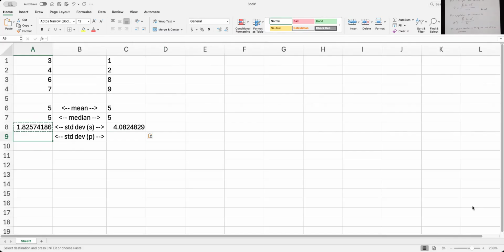If I divide by a bigger number, the whole fraction should get a little smaller. Yes, because I'm going from dividing by n minus 1, in this case that would be 3, to dividing by n itself, which would be 4. Dividing by a bigger number, my fraction is going to get smaller. So if I write standard deviation dot population for the same set of data,